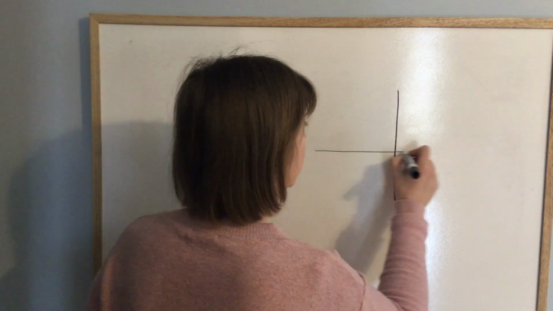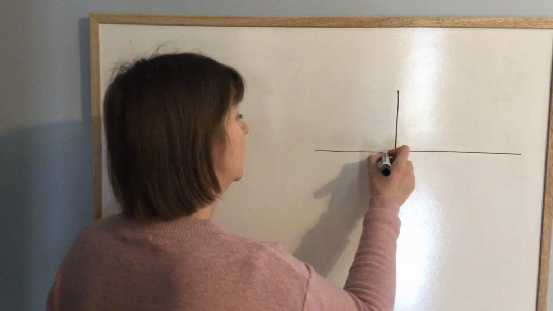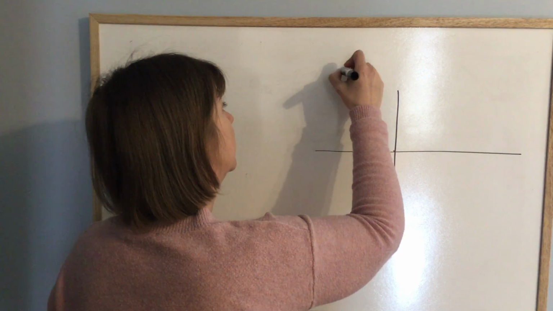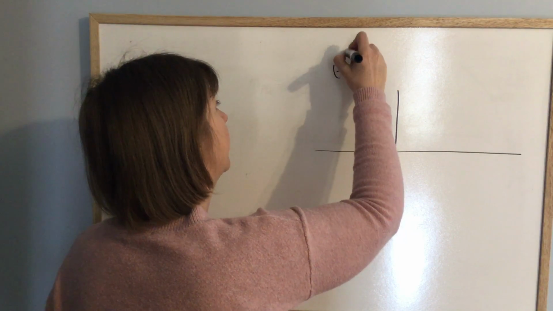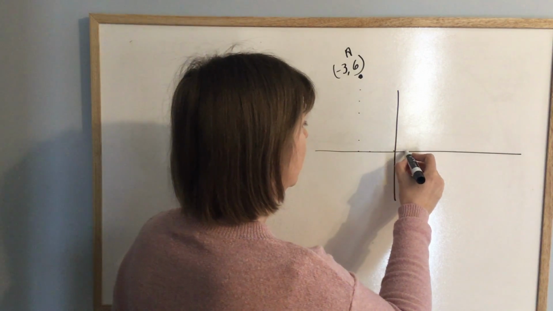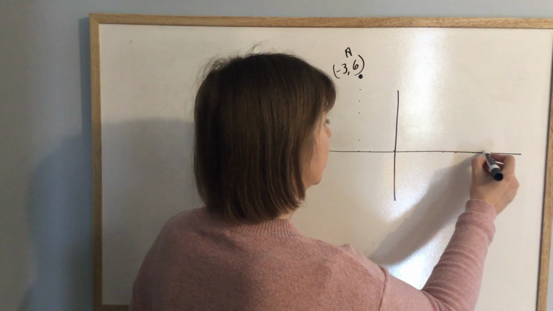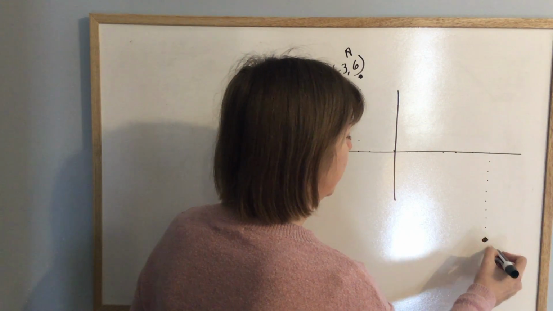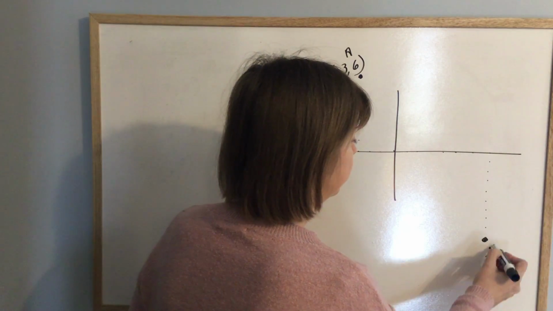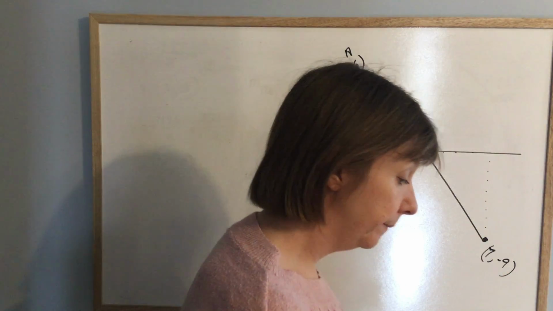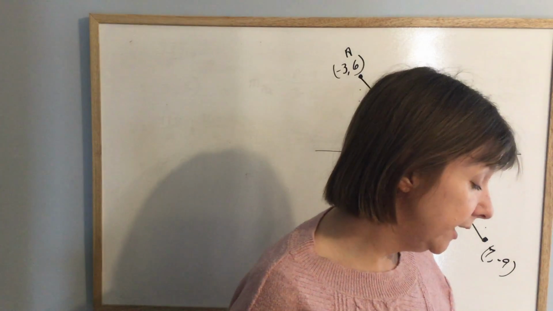I'm going to need some space here. -3, 1, 2, 3, 1, 2, 3, 4, 5, 6. -3 and 6, they call that point A. And 7 and -9. So 1, 2, 3, 4, 5, 6, 7, 1, 2, 3, 4, 5, 6, 7, 8, 9. 7 and -9. So what they're saying is if you have this line and you want to divide the line